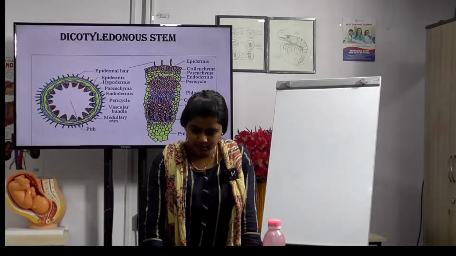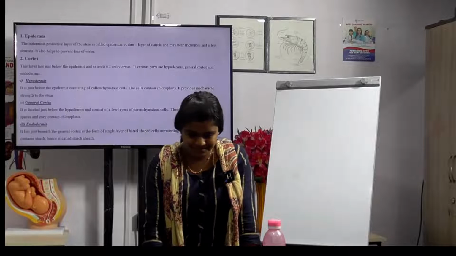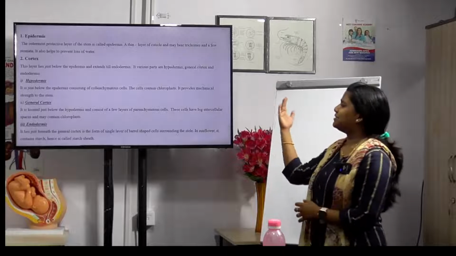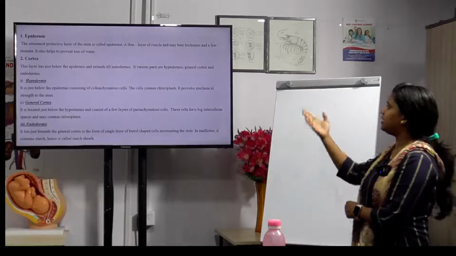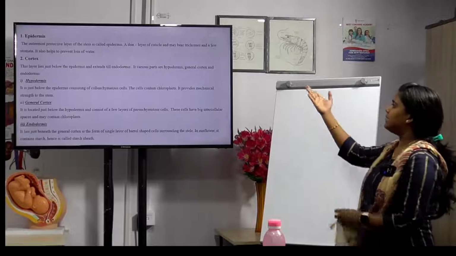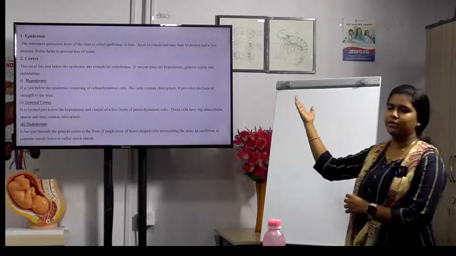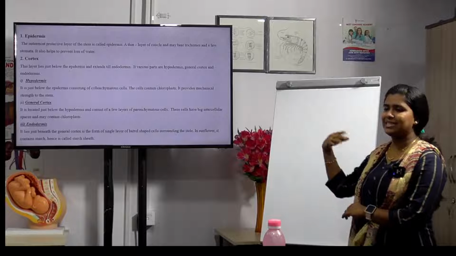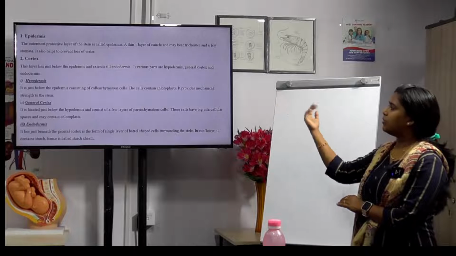முன்னாடி பார்த்தது என்னது? Okay, same layers here அதே தான், epidermis, cortex. But epidermis na அதே protective outermost layer, called epidermis. அதுக்கப்புறம் they have a layer of cuticle and a few trichomes and few stomata, it prevents loss of water. Cortex வந்து below epidermis and extends till endodermis, 3 layers. அதோட 3 layers என்னென்ன பார்த்தோம்னா hypodermis, general cortex